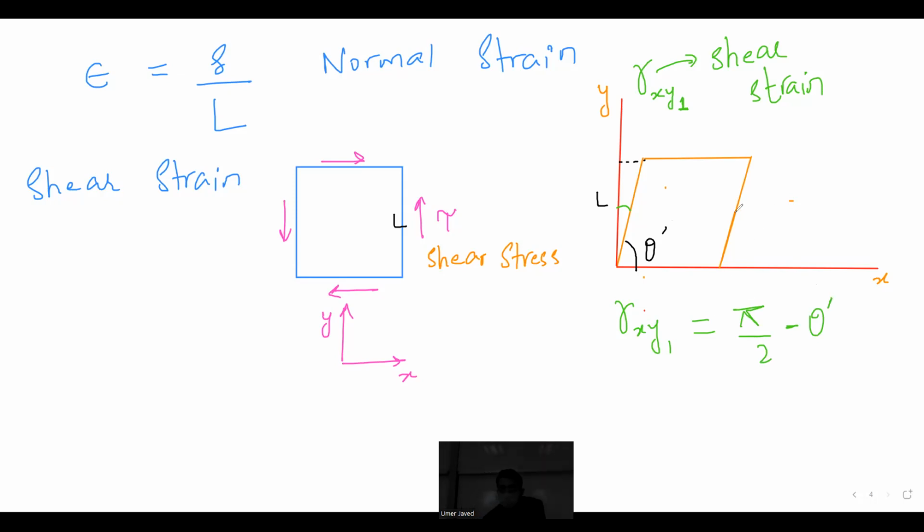Okay, what about this piece then? Quickly. You had an initial, let me put a yellow line. This fellow, what was the angle? 90. Now, what is this? Let's say, let me call this theta 2 prime or whatever. For now, I'm just using the same thing. So shear strain here, or let me even call it this, or whatever. So our gamma xy at this will be equal to,